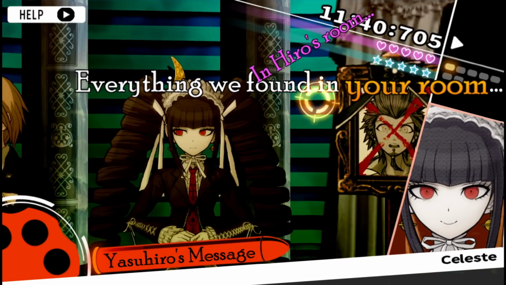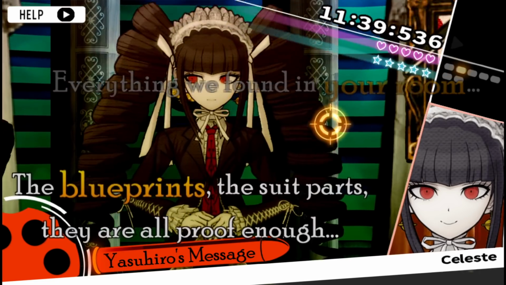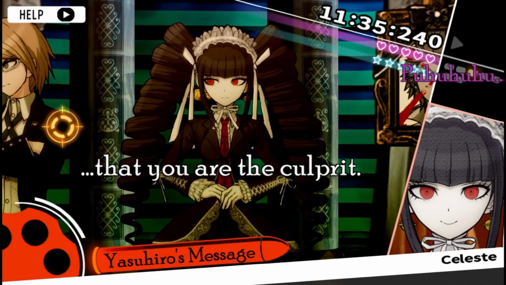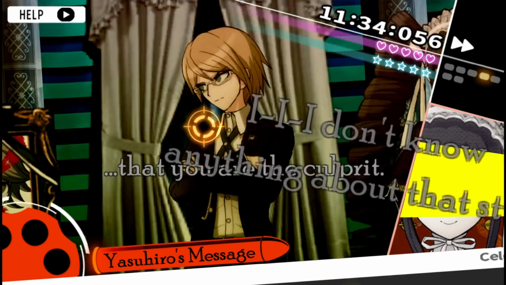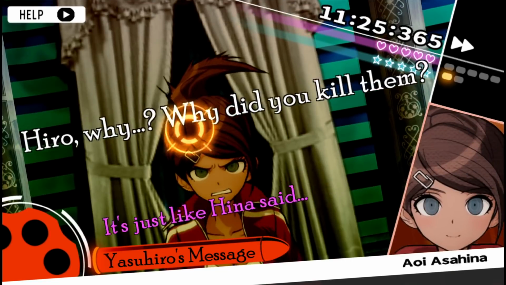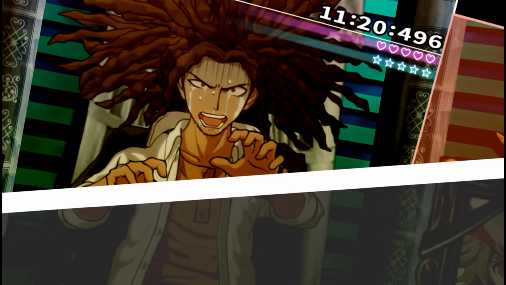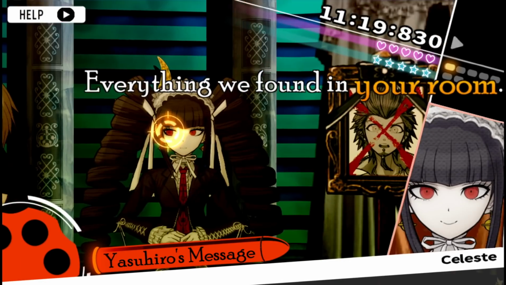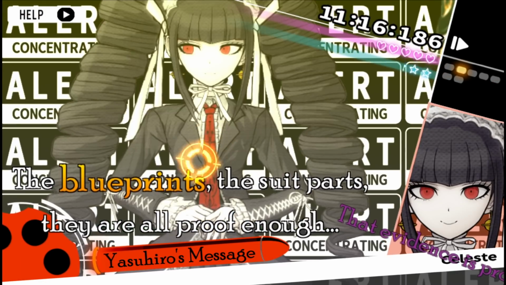Everything we found in your room. The blueprints, the suit parts, they are all proof that you are the culprit. All right, now I've got to fast forward all the way through. No, just hold on a second. His voice is sped up. All right, so let me go on that one. Everything we found in your room. The blueprints,